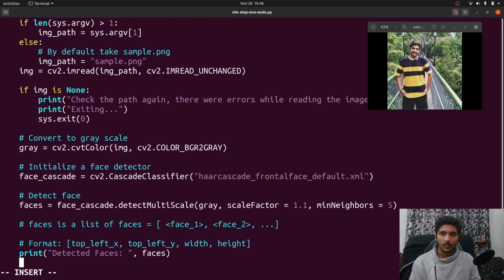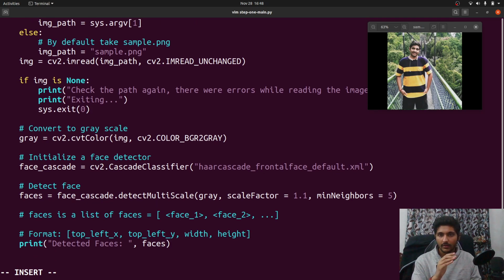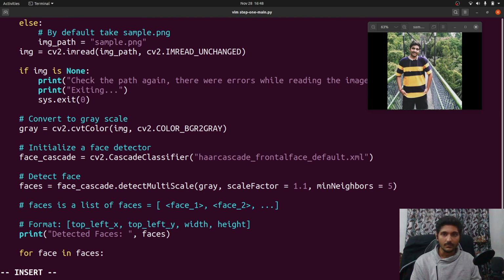So what do we do? All we have to do is iterate through this faces list: for face in faces. And let's crop this face out of my whole image and show you how it's working, so that we can cross-check that the model detected the right face. How do you do that? You take img, which was the original image variable, and crop or slice it.